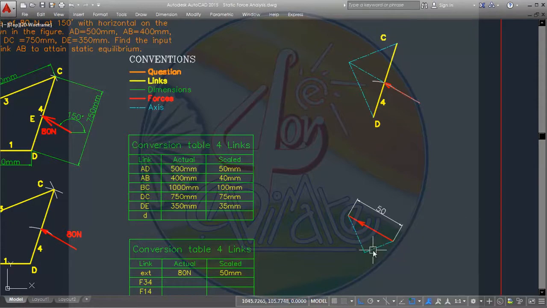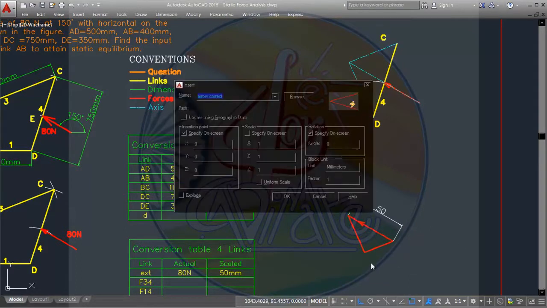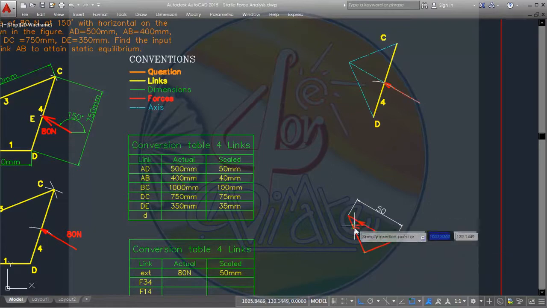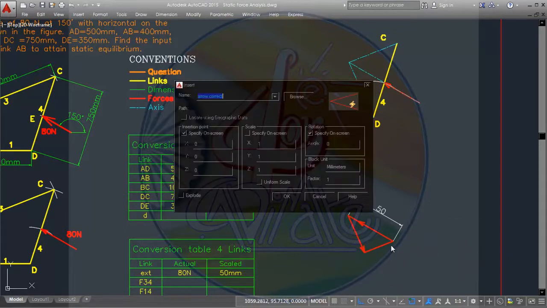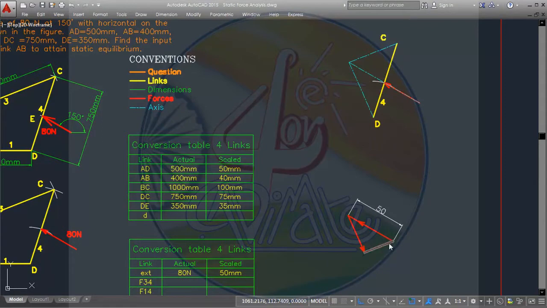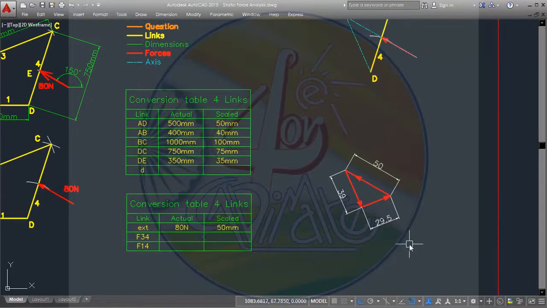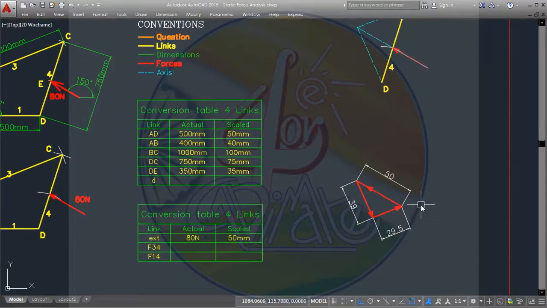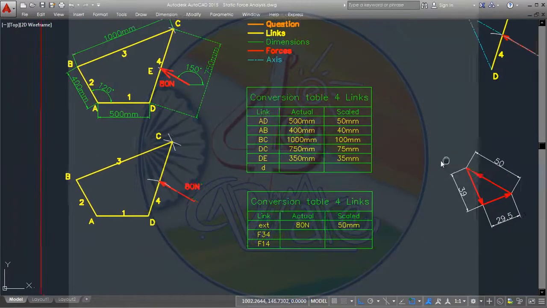Fine. Now this is giving us the force triangle. Now what about the directions? This force should be going this side, and this force will be going this side. It should be a triangle in order. And by measuring these lengths, we will be able to get the forces. Clear? Fine.